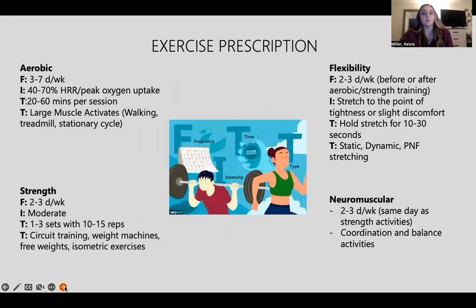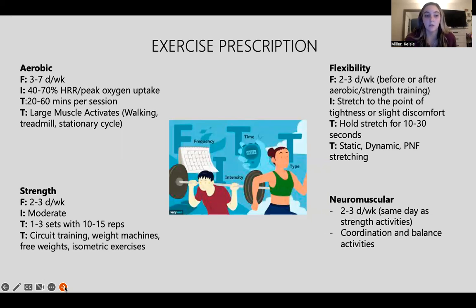For her exercise prescription, she should be doing 4 different prescriptions. This includes aerobic, which should be 3 to 7 days per week. It should be 40 to 70% of her peak oxygen uptake and 20 to 60 minutes per session. And then she should be focusing more on her large muscles, which she can do by walking, treadmill,